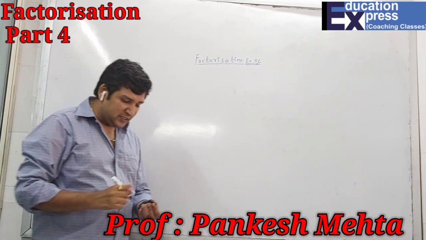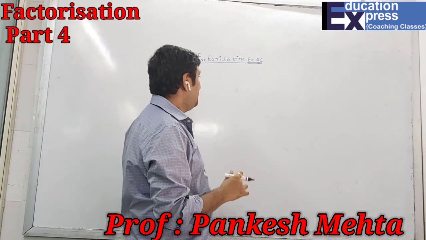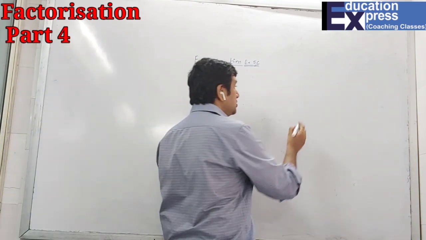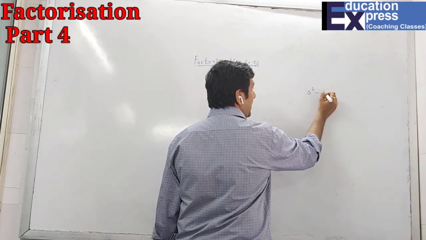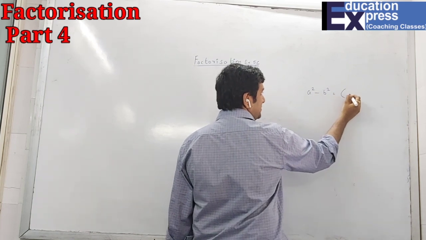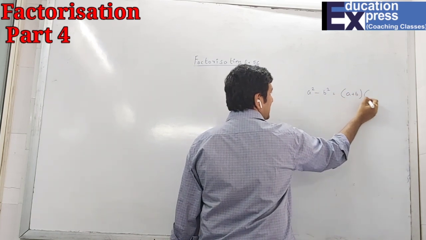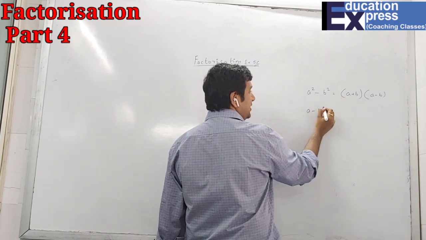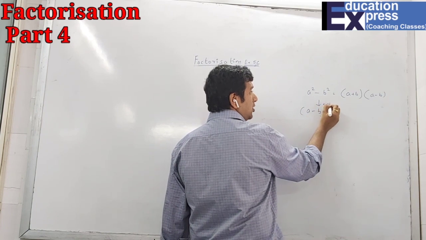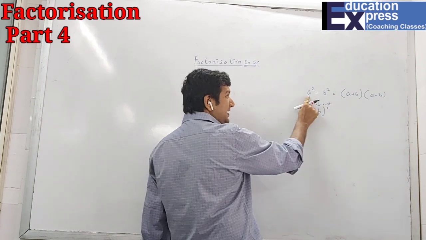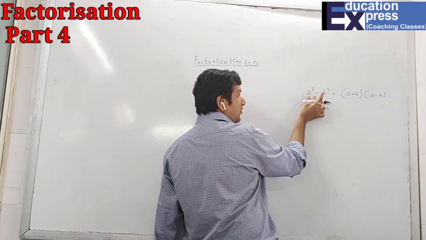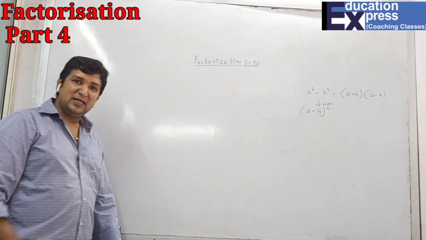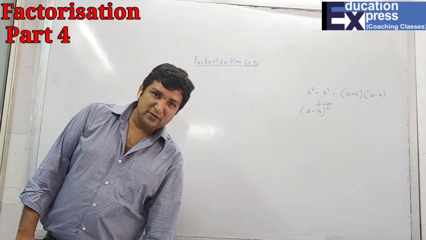Now we're starting with exercise 5C, which is very simple because the concept of 5C we have done in chapter number 4 also, that is a square minus b square. So obviously, what is a square minus b square? It is (a plus b)(a minus b). This is not (a minus b) the whole square, it's a square minus b square. First term plus square minus second term plus square is a plus b and a minus b. The same concept we are doing in exercise 5C.